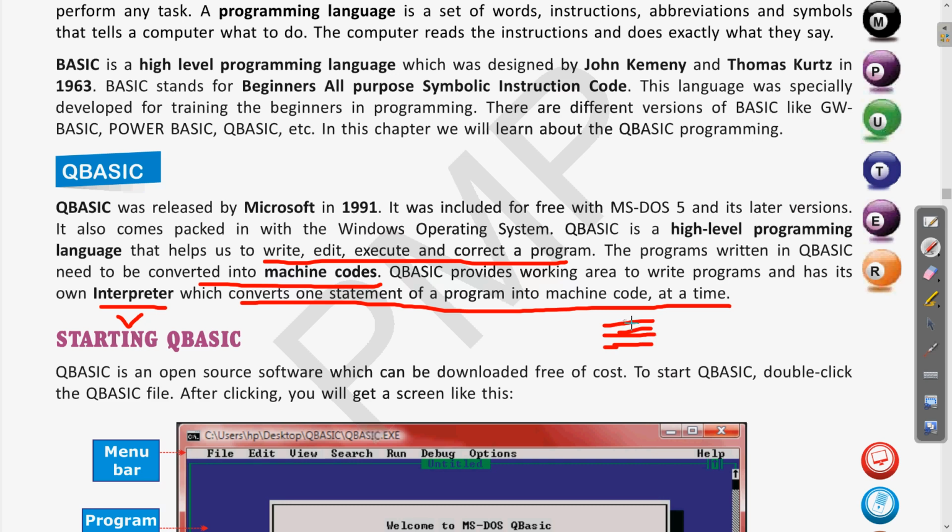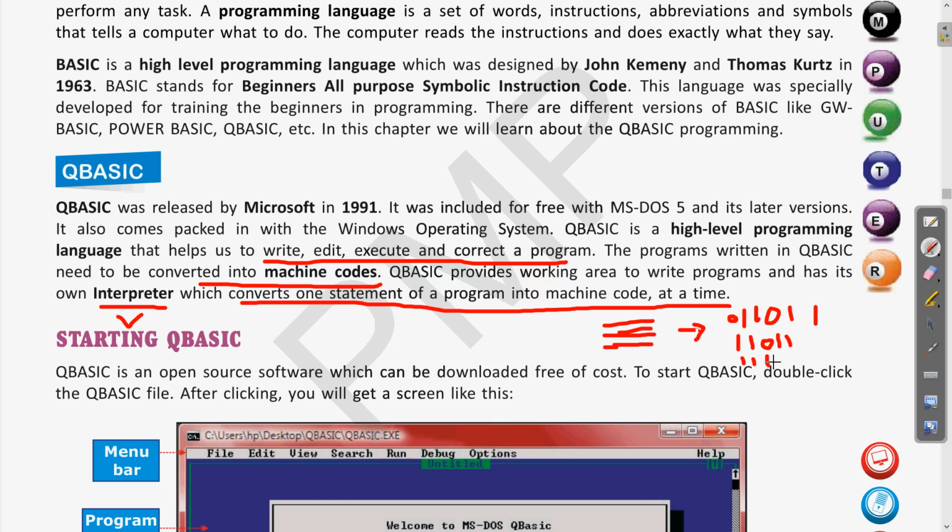This will translate this high level to some binary codes like 0 1 1 0, anything like that. So that will be for the first line. Then the second line will be interpreted. So each of these lines will be done one by one. Clear? So this is the work of what? This is the work of the interpreter.